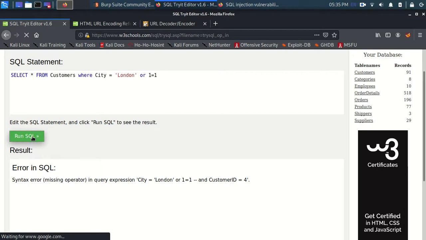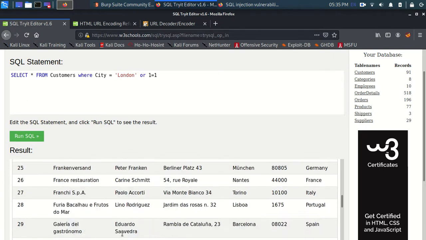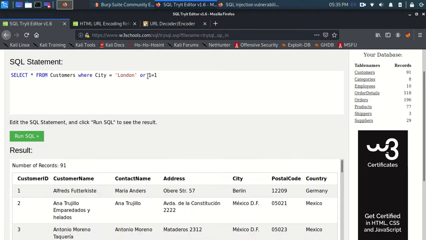Okay, now you can see that rather than the city London, I can see all of these records over here. So why did this happen is because of this OR word. When I am using this OR, either it is looking for this city is equal to London, or a statement.